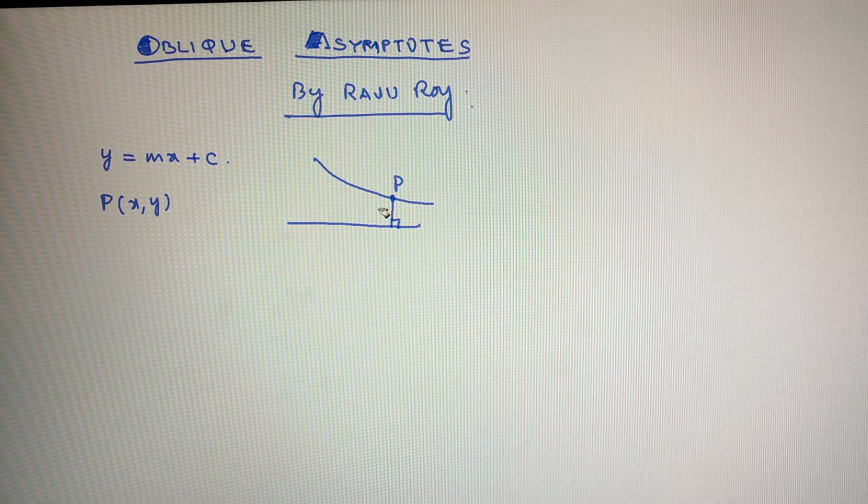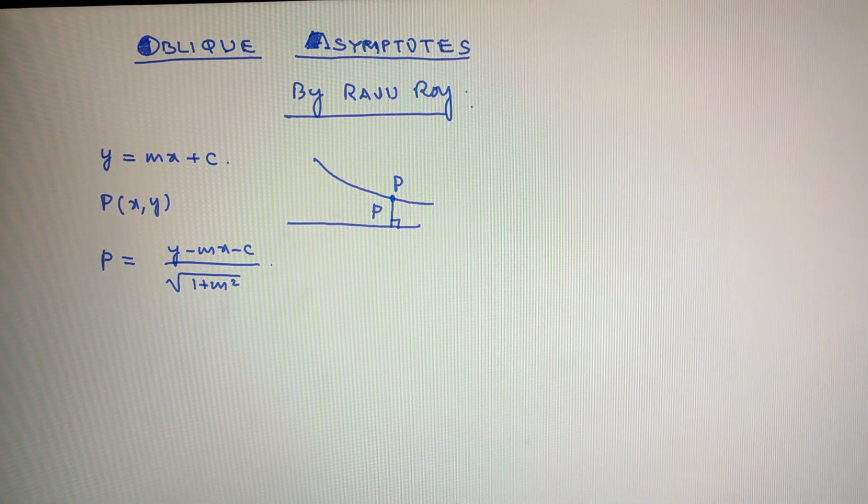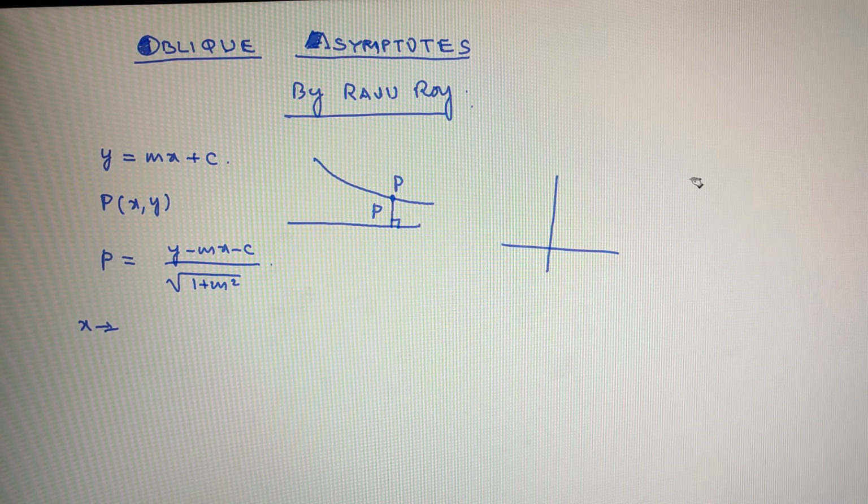Dropping a perpendicular, this length is a small p. Okay. So small p will be what? y minus mx minus c divided by root over 1 plus m square, right? This is the p. Now the asymptote is oblique like this. It is a straight line which is oblique. So at infinite distance, when we